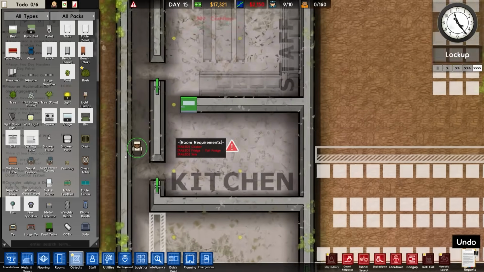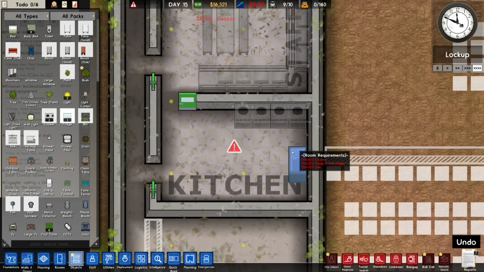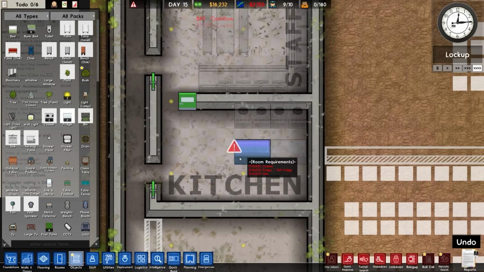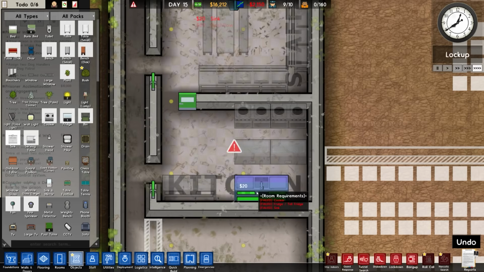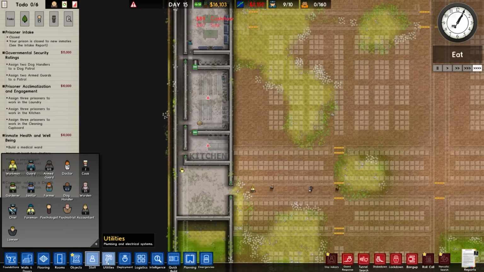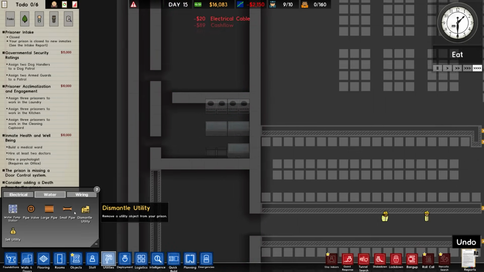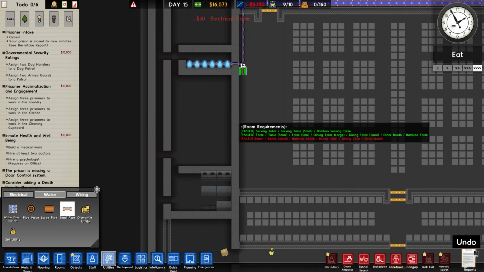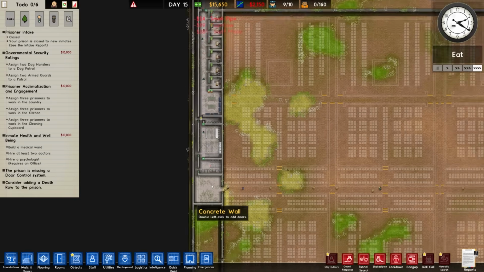So there's that. Kitchen, we'll put the basics in. So it's a couple of cookers. Fridge. Yeah. And then we need some sinks. Like that. Okay, we'll have to connect that up to the power. Actually, it is connected up to the power. Brilliant. Not so much to the water, though. It might reach. It might reach. And I think it's that. So there's the staff needs